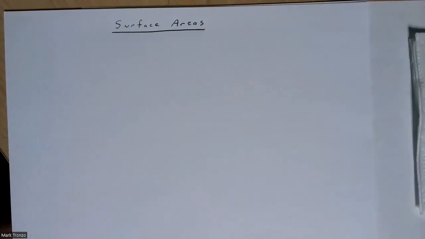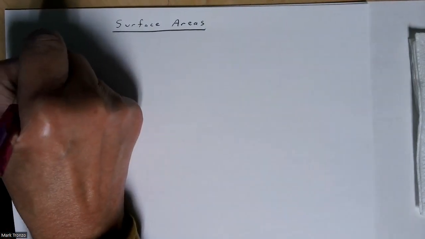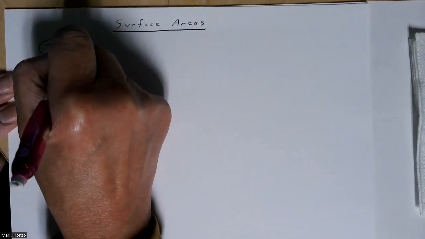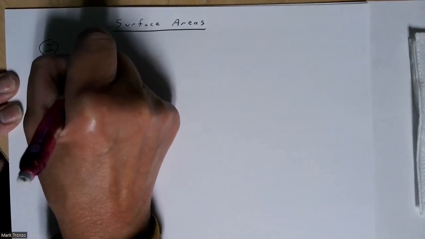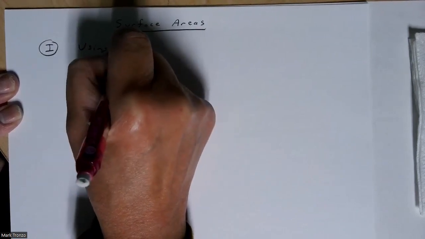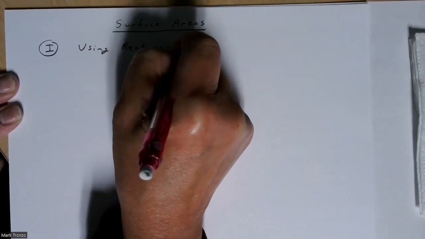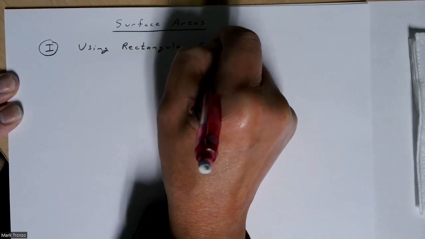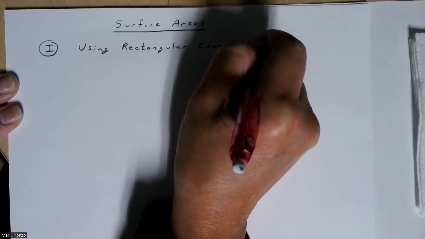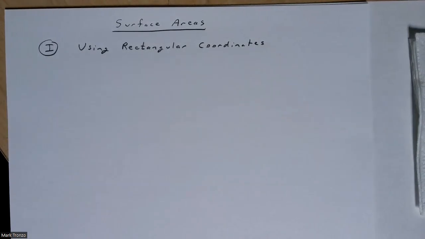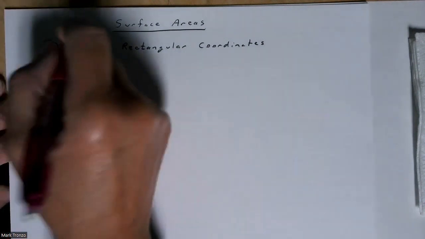In this video, we're going to talk about surface areas, calculating surface areas using double integrals. And we're going to look at two ways to do this. One is using Cartesian or rectangular coordinates, often called Cartesian coordinates. And suppose